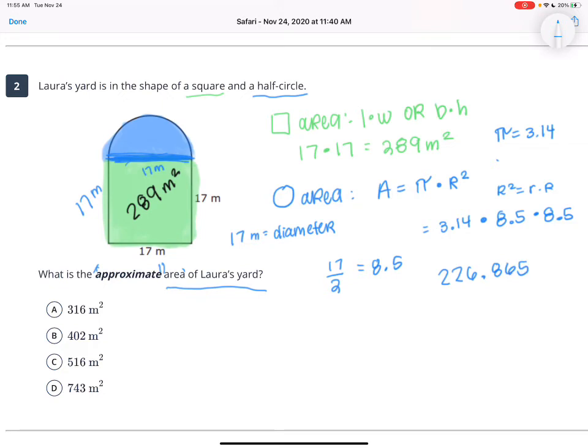So this is what I found for the area of a circle. But I have to think, is this a circle or is this a half circle? This is giving me the area of a whole circle, but the question is saying that this is a half of a circle, which we see. So what should I do with this number? If you guessed that we need to divide this number by 2, you are absolutely correct. So when I divide this by 2,